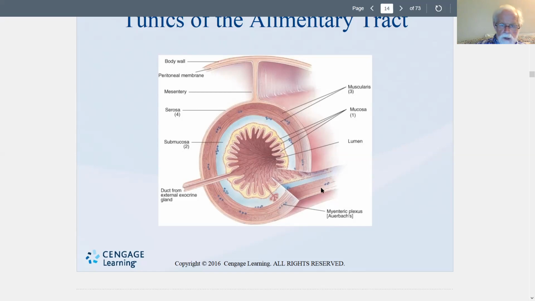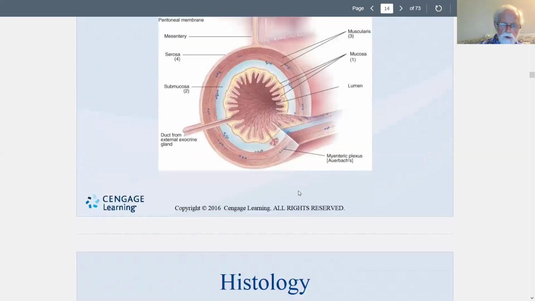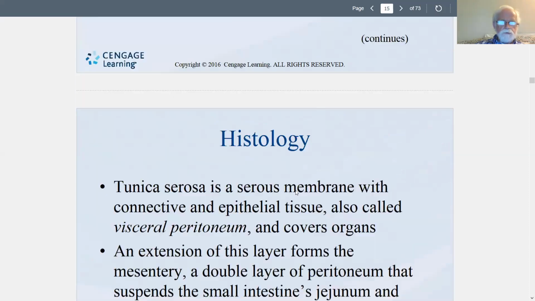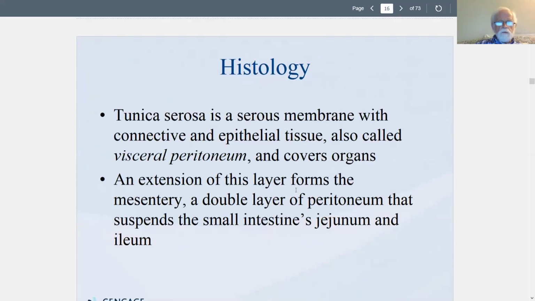Okay, and so we have these structures in here. We won't go into those. The muscle lining the mouth, the tunica muscularis, lines the mouth, the pharynx, and upper esophagus. It's skeletal muscle. The remainder of the alimentary canal has an inner circular layer and outer longitudinal layer of smooth muscle. The serosa is a membrane with connective and epithelial tissue, also known as the visceral peritoneum,